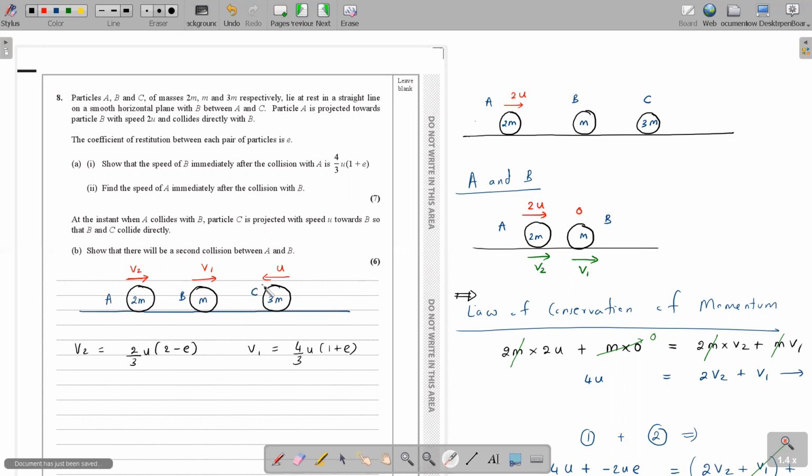Okay, let's put those speeds. For the moment, let's work like this. I can see here the mass is 3m and here the mass is m. So these two collide, and after their collision, let's put the speeds as v3 and v4. I'm putting it to the forward direction. Let's see how it works out.